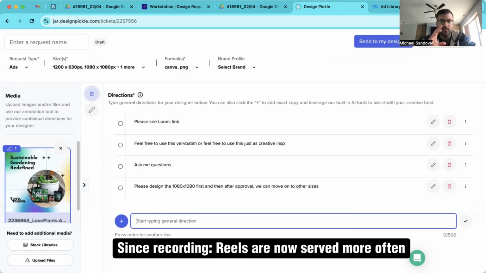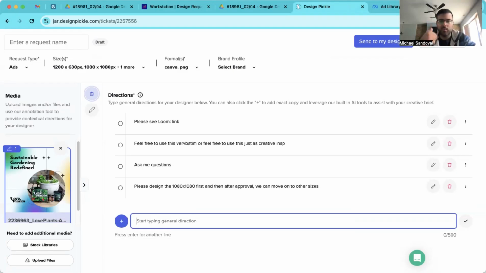Reels is getting bigger, a great awareness play. A lot of people are going through Reels, through stories, and they get served the long vertical ad, but that doesn't convert as well. So that's still going to be shown. It's important to design, but it's better to just have your designer come up with